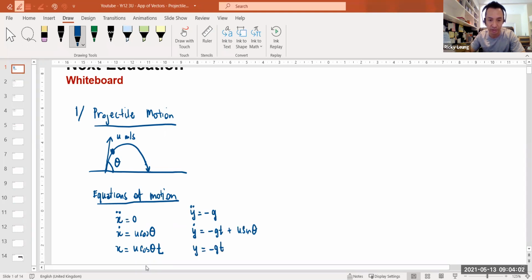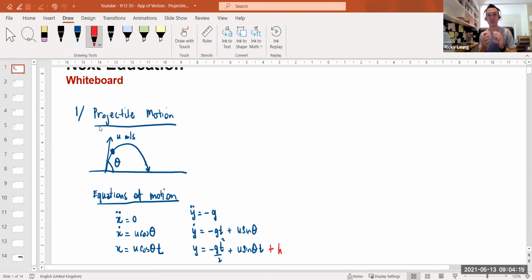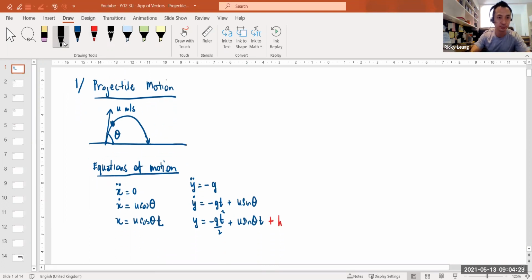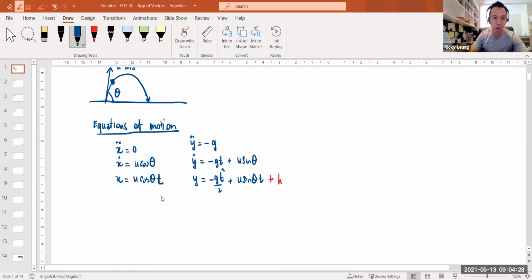And then I always do this with my classes, where if you have the vertical displacement, we always add plus h, which represents if you have an initial height or initial depression, that h represents that initial distance. Now I say to my class, the most common things that you would normally derive is total time of flight, right? Where you set vertical velocity to be 0, and then you solve for it, and you get